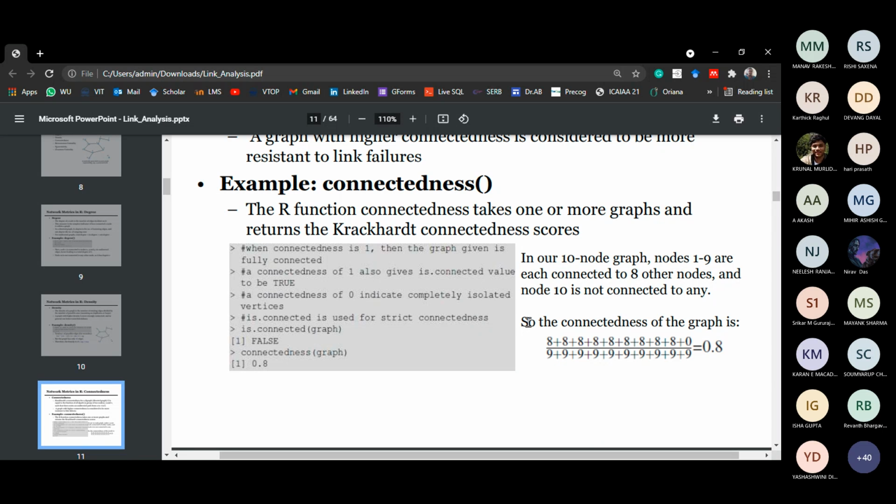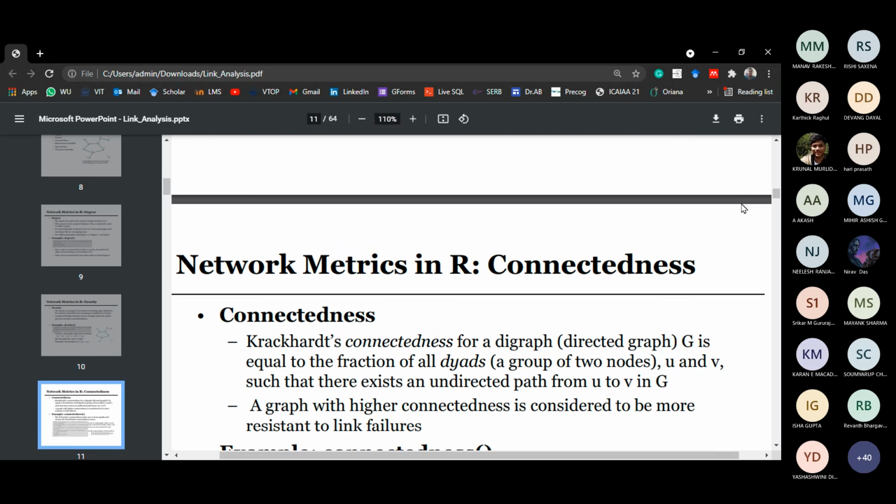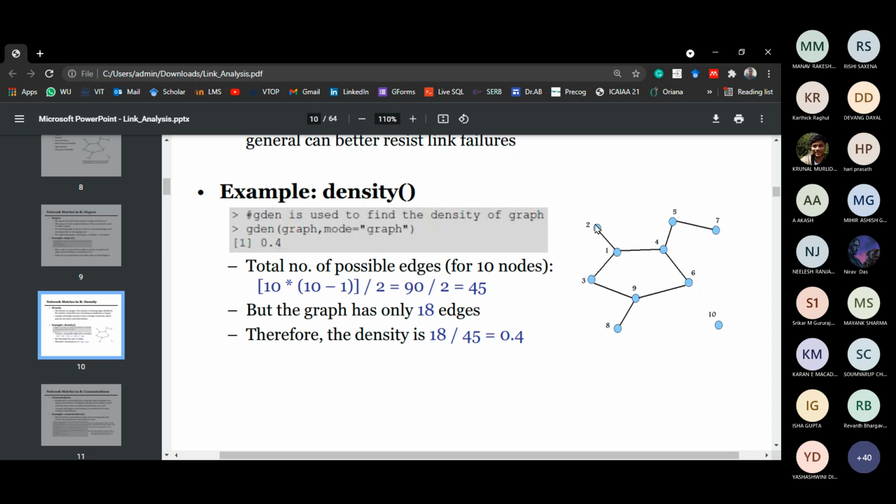If you see here, for the first node you take, node 1 can connect to 2, and 1 can connect to 3, 1 can connect to 4, 1 can connect to 5 through 4, 1 can connect to 7 through 4, 5, 7, 1 can connect to 6 through 4, 1 can connect to 9 through 1, 3, 9, 1 can connect to 8 through 8. So can 1 connect to 10? No, not possible, 0. So we have to confine that except this node. Don't go with self loop.